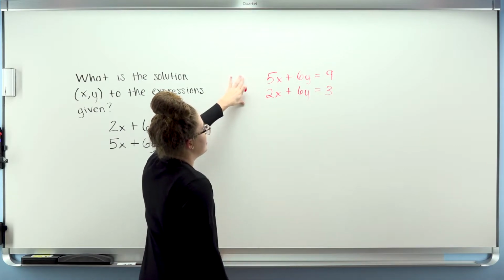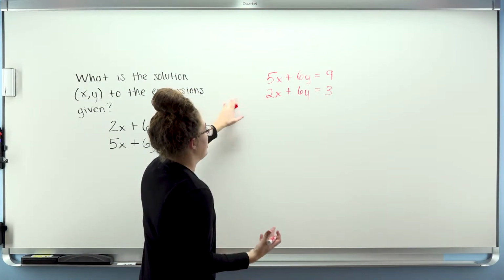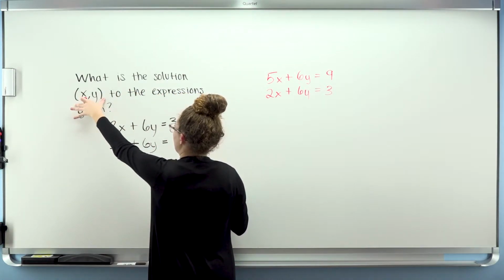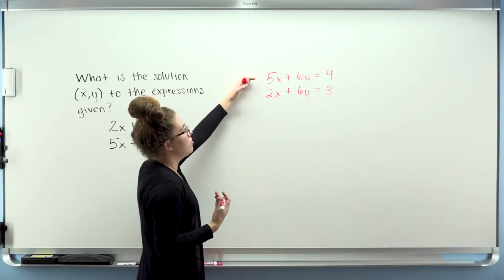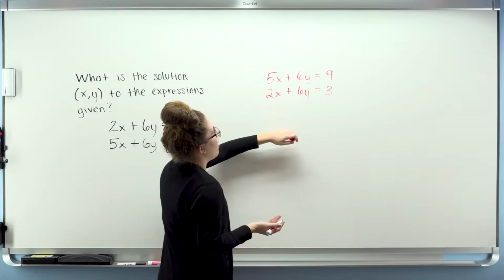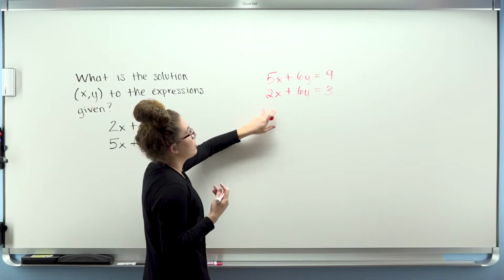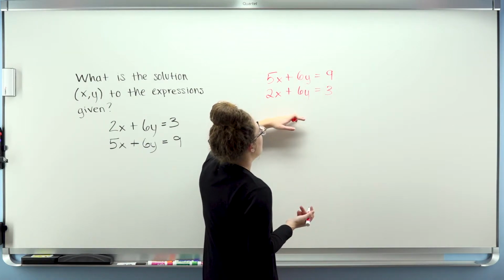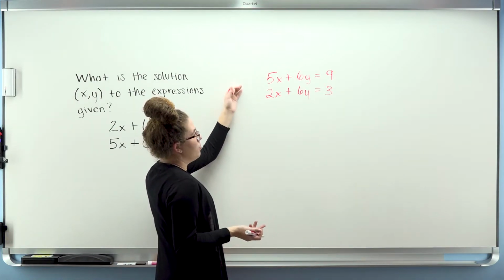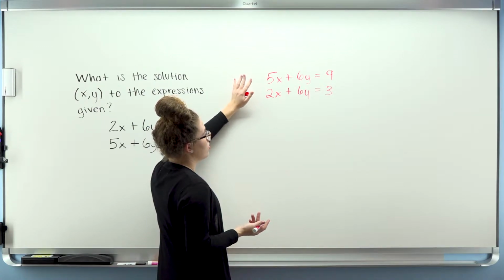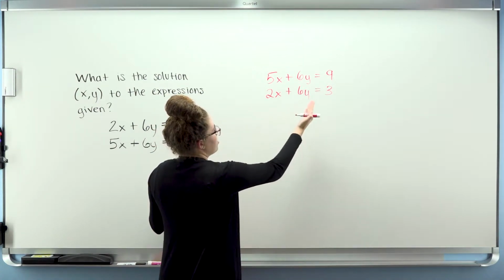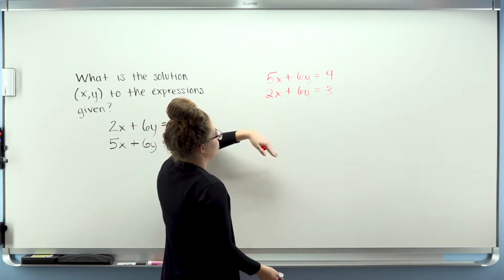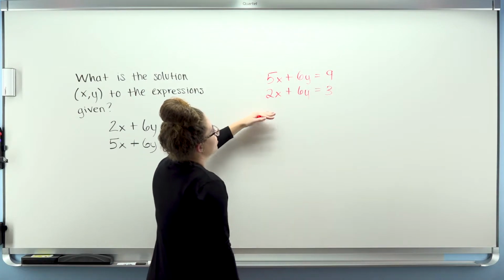So the reason I did this is because I can see, just a little tip, that when we're trying to get it into this form, first we're going to solve for either the x or the y. I'm going to solve for the x in this case because you can see the y values are the same. You have 6y and 6y. So if you were to solve for the y, if you were to subtract, the y's would cross out and you would get 0. If you were to add both of these, you would get 12y,